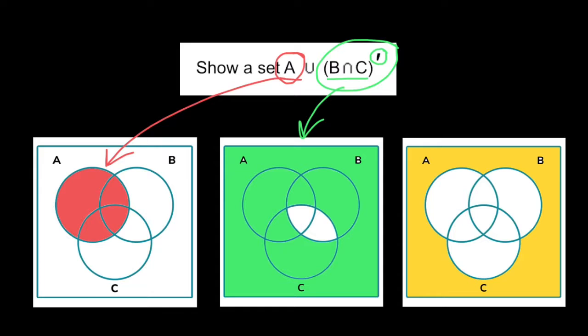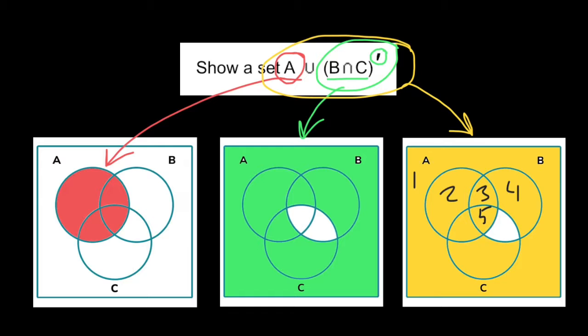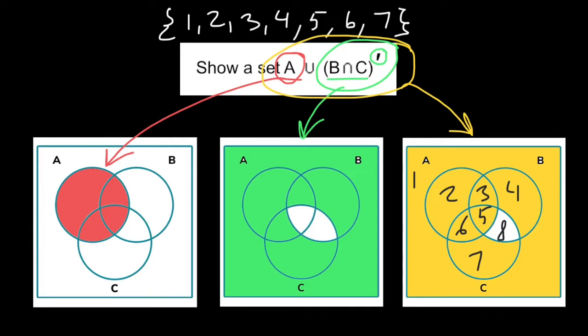That means we have to show all the sectors which change colors on either picture. And as you see, we only have one sector that didn't change color on both pictures. Let's say we have the following numbers here: 1, 2, 3, 4, 5, 6, 7, and 8. Our set is going to include 1, 2, 3, 4, 5, 6, and 7. So all the numbers except those numbers which we can find in this